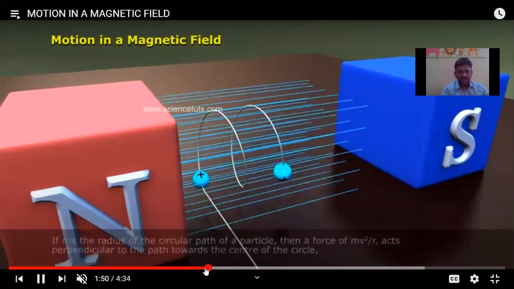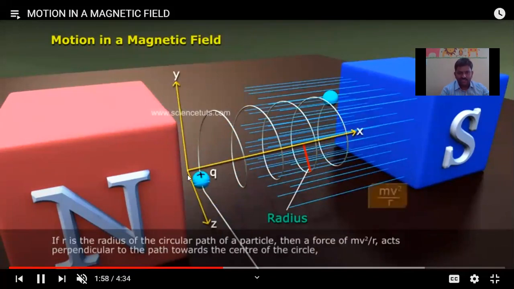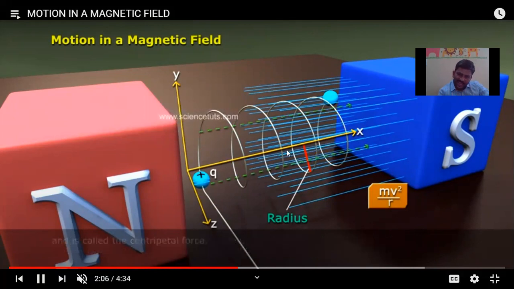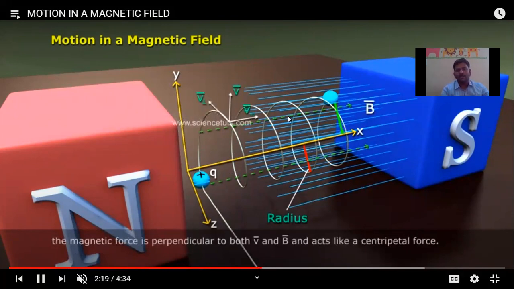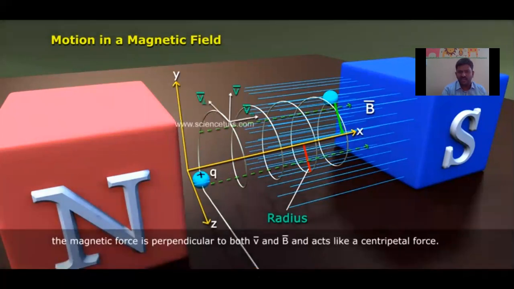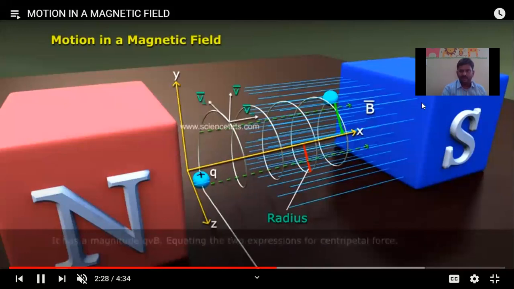Okay, you see here the charged particle enters with a certain angle, then that velocity component is divided into two parts: one along the direction of the field, the other perpendicular to the direction of the field. Along the direction of the field, its motion will not be affected, so it continues its path. The perpendicular component gives circular motion, so this helical path, the helix, is the shape of the charged particle moving in a magnetic field.